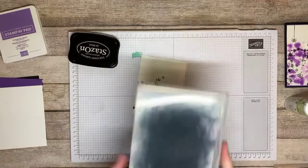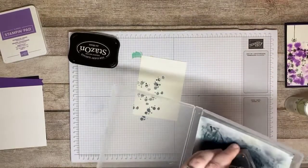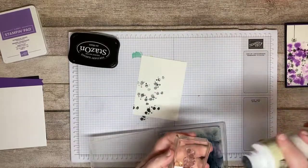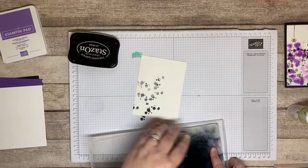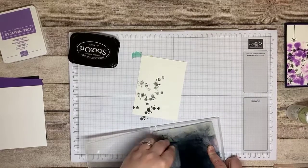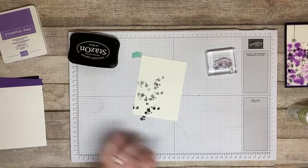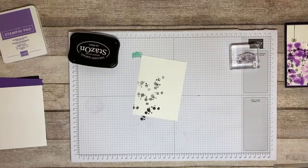And then I've lost my chamois. Oh, right in front of me. Okay. All right, and then I'm just wiping it off on my chamois. So I put the solution right onto my stamp just really quick, which you probably shouldn't do, but it doesn't stay on for very long. Okay, so now what I want to do is use some